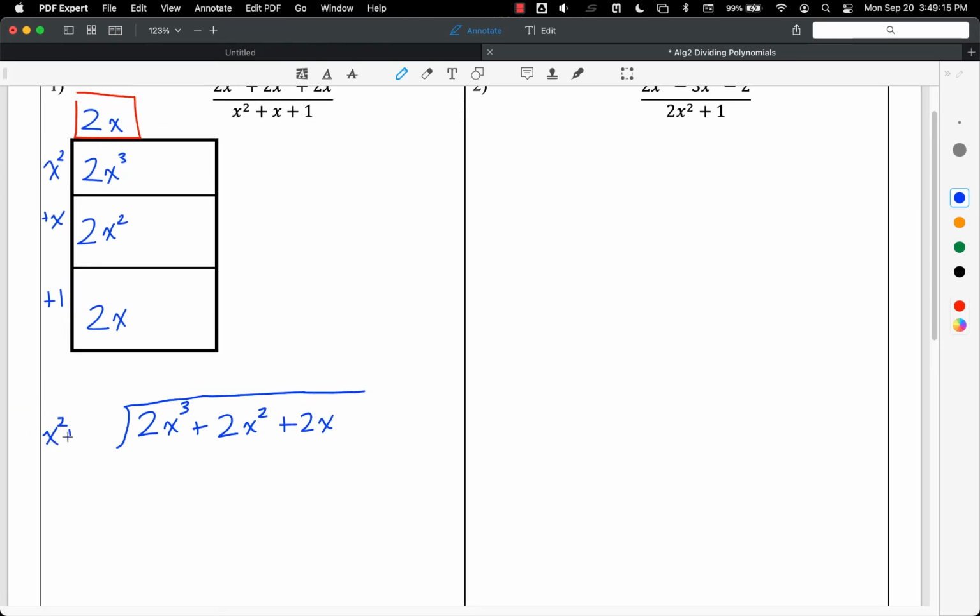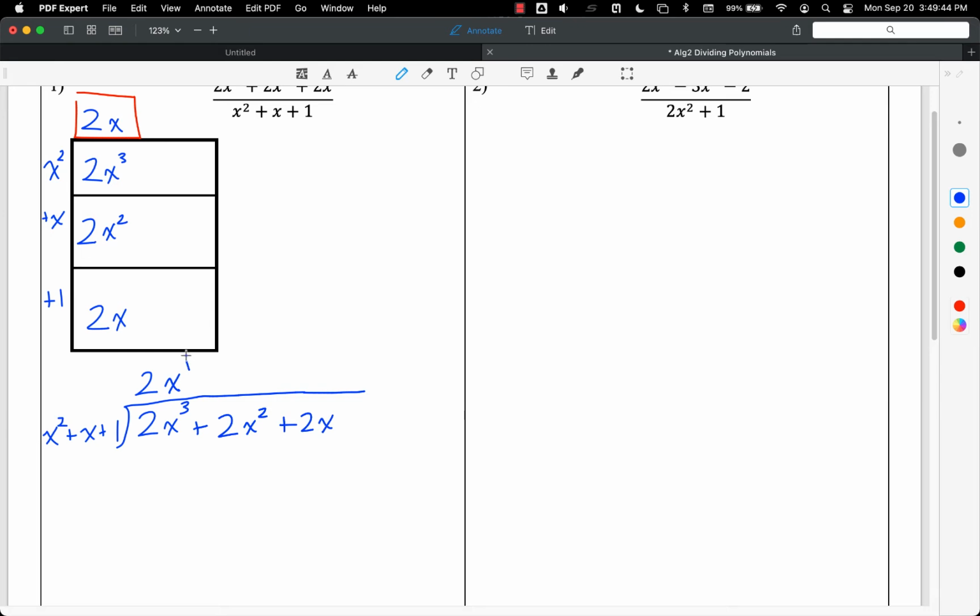The main goal of long division is to match the first term to get rid of it. So in order to match 2x cubed, I need to multiply this leading term by what? Well, again, I need a 2. So I'll put a 2 here. I don't have the x cubed, though. I have x squared. If I add another x in here, now I'll get